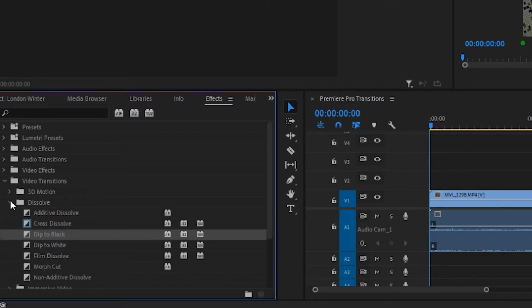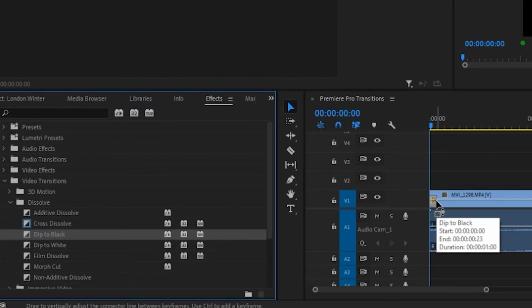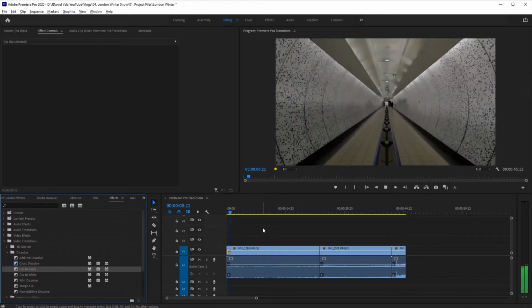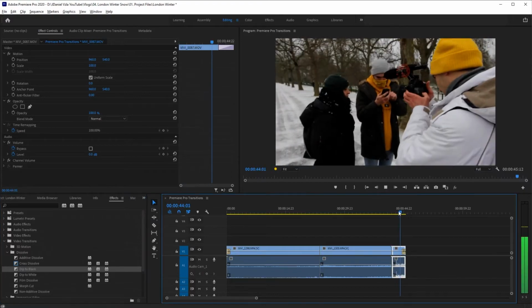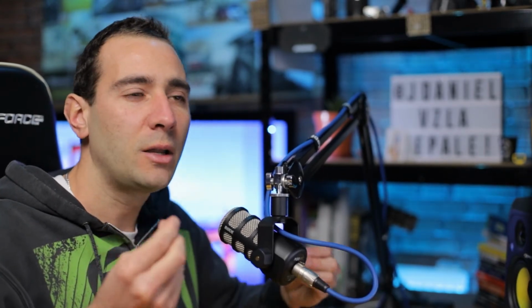This time I'm going to use Dissolve, and we are going to use the Dip to Black to look more professional at the beginning of the video, when it's going to fade in. Then we are going to select another one to use at the end of the video, just to fade out that video. That is going to look a little bit more professional. It's not going to be a really hard cut at the beginning or the end of the video. It's just going to look more natural and give a little bit more professional look.